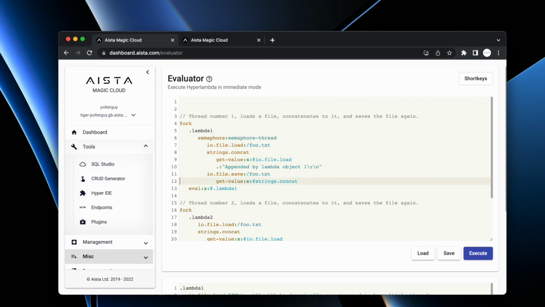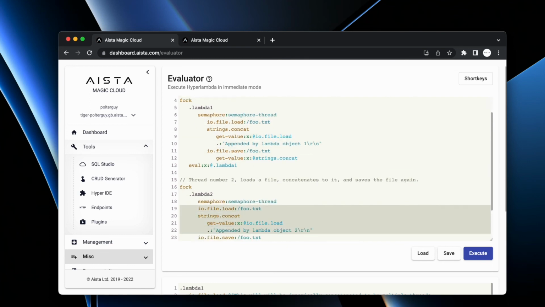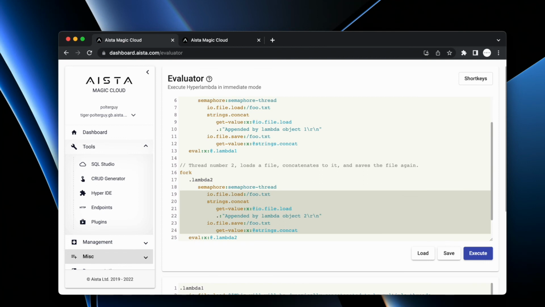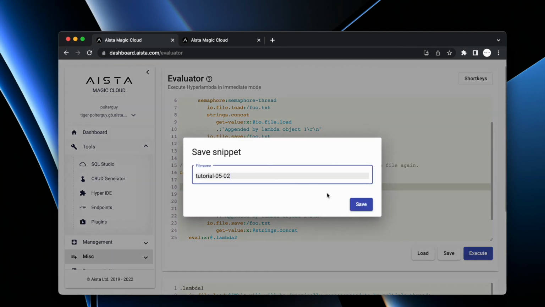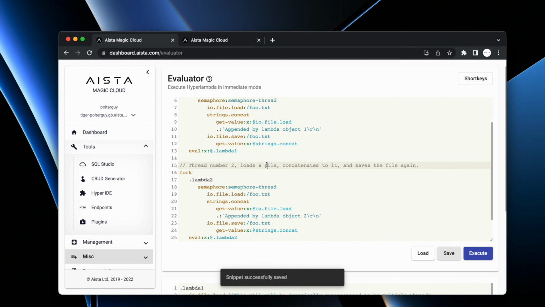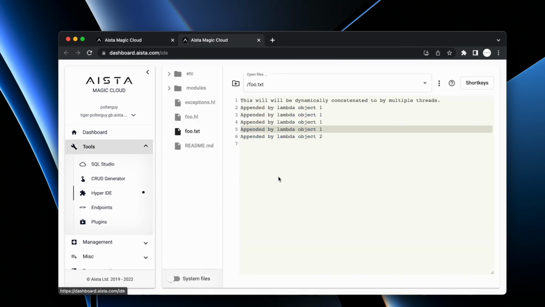Then we want to have the same semaphore down here. And then we want to indent all the file manipulation parts of our code, the parts of our code that actually access our shared resource, such that it becomes a Lambda object to our semaphore. If we now save this snippet again, and we execute it, F5,